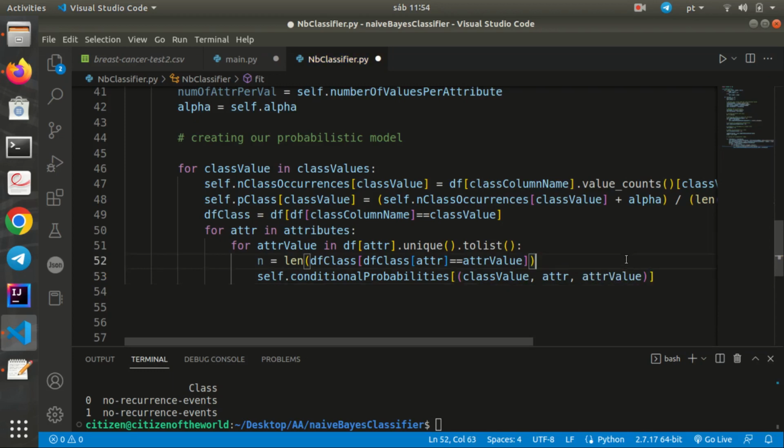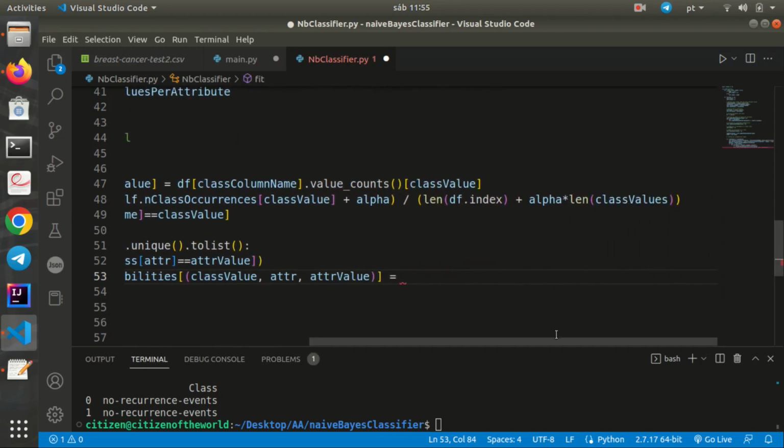So we can later easily access the conditional probability we want, just specifying what is the class value, what is the attribute we are considering, and what is the value that this attribute is assuming. So this will make our predictions easier. And that is equal to